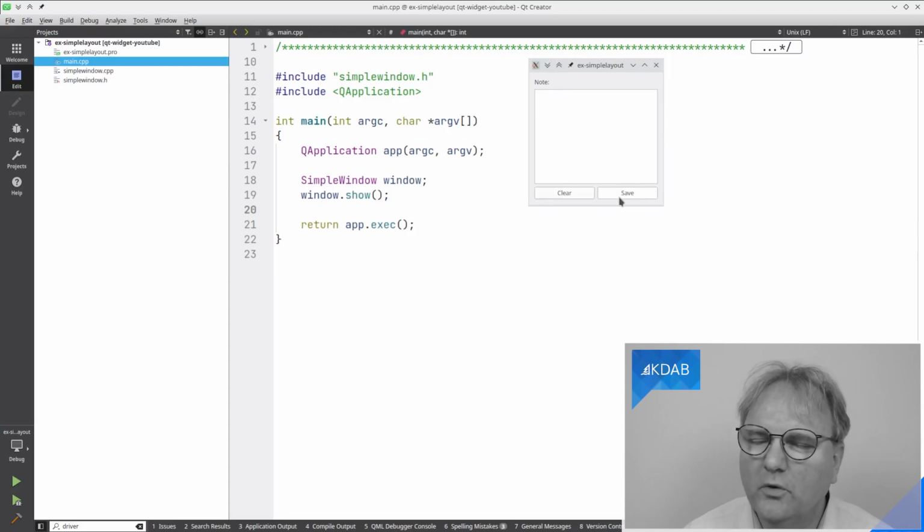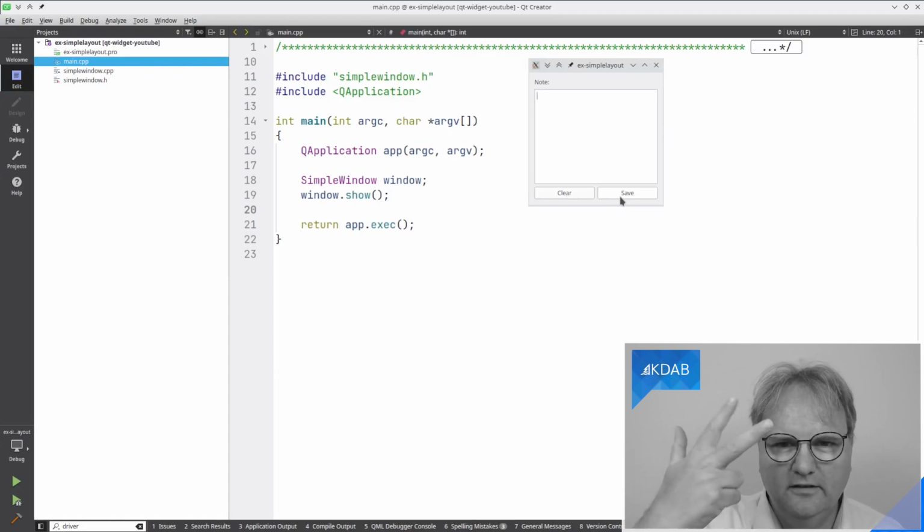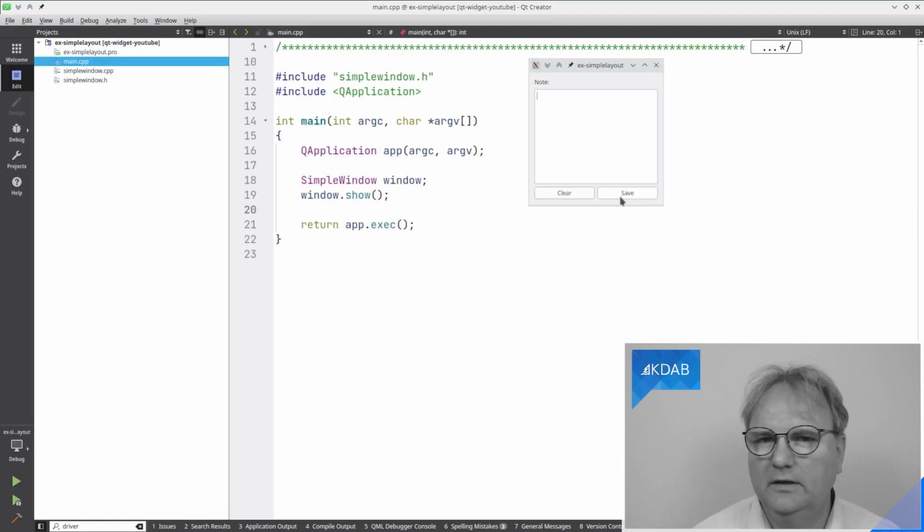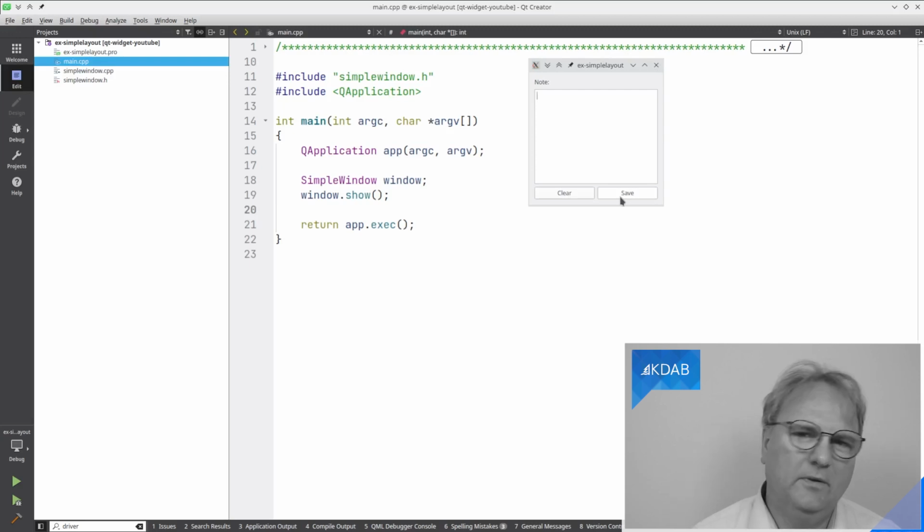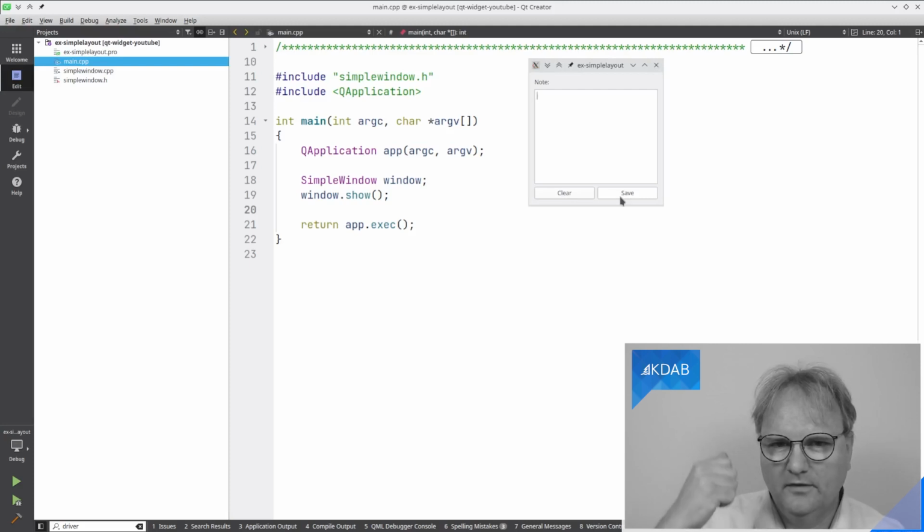And what makes this code much more realistic than the first one is that in the very first example, I committed 3 sins. And I've been sleepless for many nights since I did the recording of that, because I forgot to tell you that I did these 3 sins. So let's just see the 3 sins I did. First, I had all my code in main.cpp. Of course, you're not going to do that in your real applications. You are going to have your code split out in multiple files. But I tried to do that in this training simply because it's easier to get an overview of everything if it's just in one file. Second, I included Qt widgets.